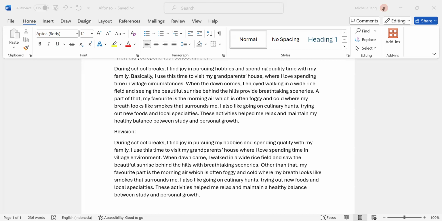And if you are trying to make it sound more unique by using an Indonesian word in the middle of the sentence, then you should add italics, or you should add quotation marks, so that the readers will know that it is a word that's foreign to them. It's not English, it's in another language.